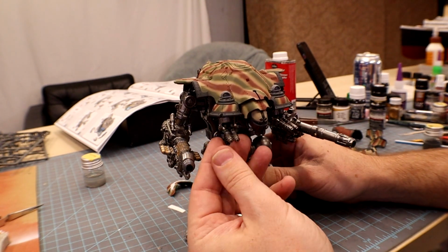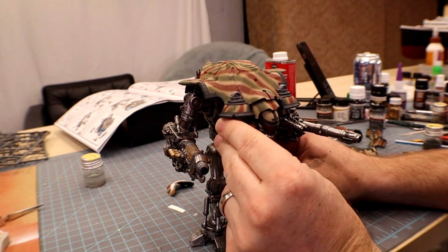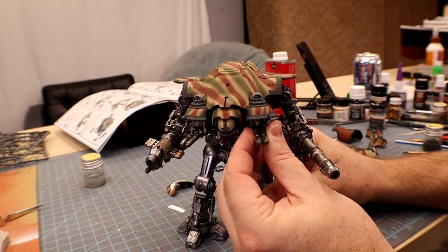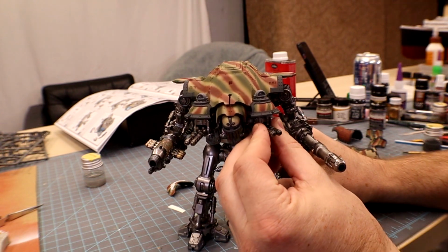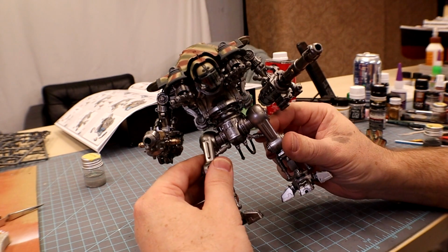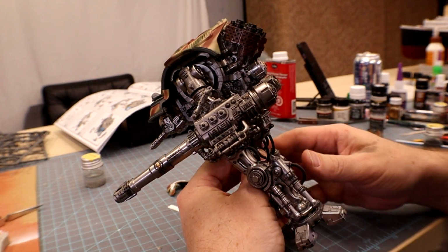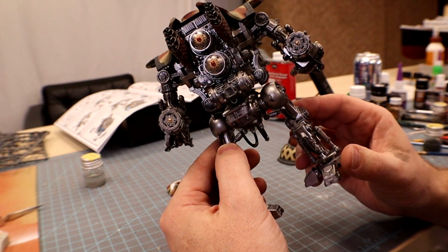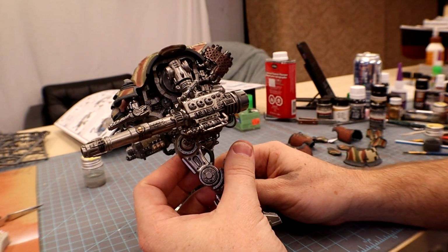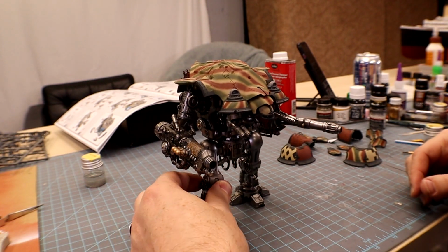I put these cannons on. They are, man, they're tight, but they turn, as you can see. And we've got the little, I'm going to call it guidance trackers up on top. They need to be painted still. Everything's kind of got a little wash and some fine detail paint on there. So I think it's time now that we go ahead and put on a bunch of the big plates that we've been